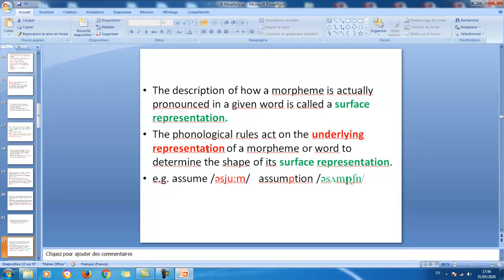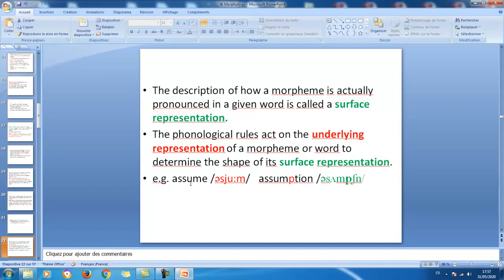Now this underlying representation undergoes the rules. Okay, in other words, the phonological rules act on the underlying representation of a morpheme or word to determine the shape of its surface representation. Let's explain this through this concrete example. We have got assume. The verb to assume is the underlying representation. Now, when we derive from it the noun, when we add to it tion, it becomes assumption. Look, there is a p which is added here in the surface representation,